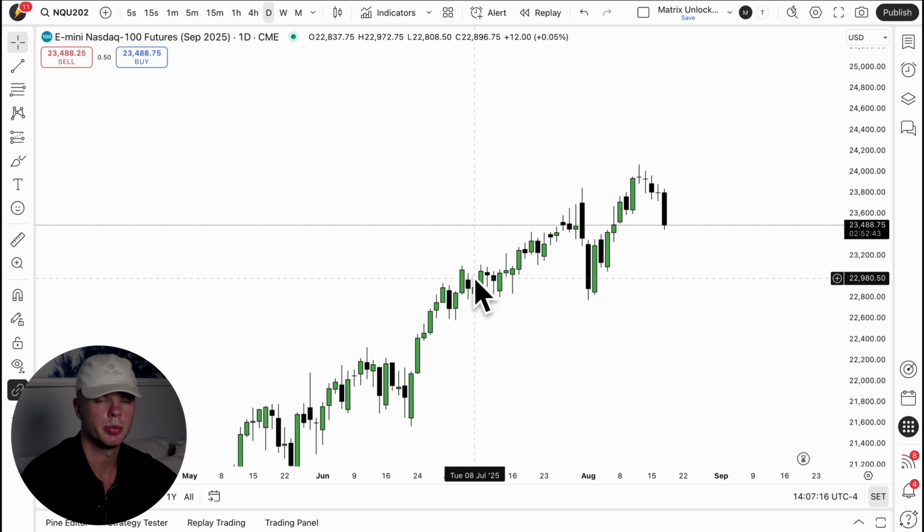Now, the reason why it's important that your charts are clean is due to the following. If you do not have clean charts and your charts are super messy and you have a lot of things on them, in my opinion that hurts your overall perspective on the charts. Therefore you need to make sure that every single time you come to the charts, you clean them up. Don't have too many lines on there either.